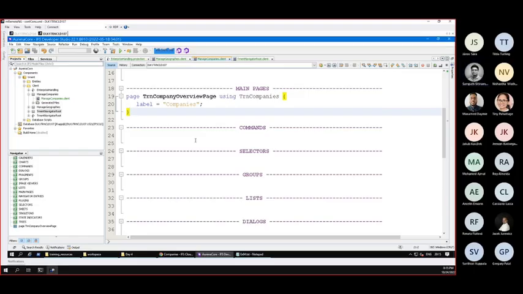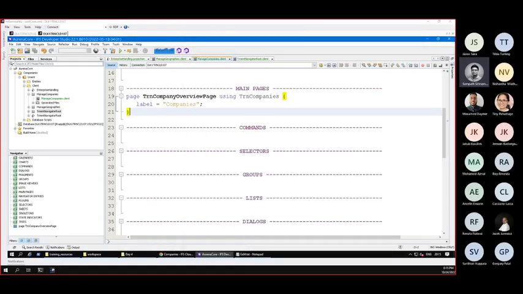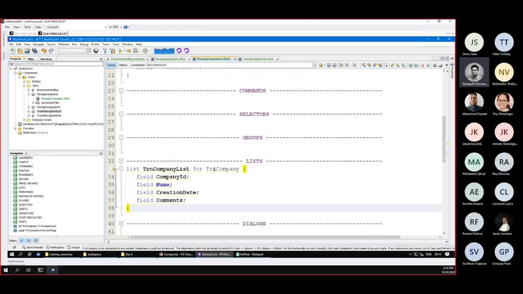So of course, what do we need? We need to create a list that has company ID, name, creation date, and comments, right? So let me do that quickly. I think I have the list somewhere. Since you have already done that, I will just copy this code. So I won't bother typing it